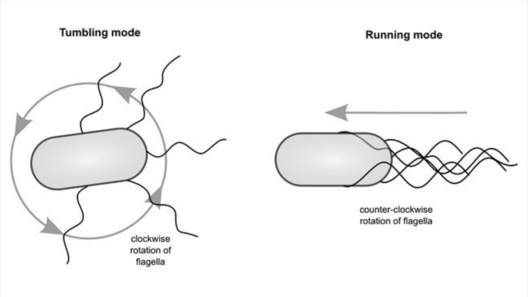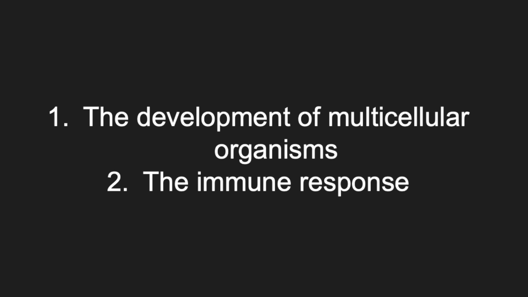When the flagellum rotates counterclockwise, the flagella form a bundle of fibers that propel the cell forward in a run. When these fibers rotate in the opposite direction, so clockwise, the fibers randomly disperse and induce a tumble bias in the cell. The chemotaxis pathway plays an important role in the development of multicellular organisms, the immune response, and